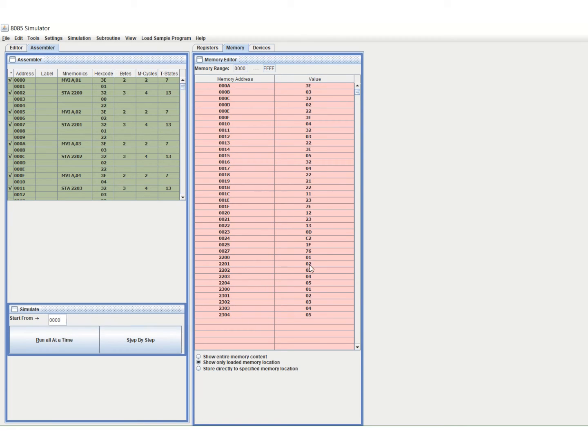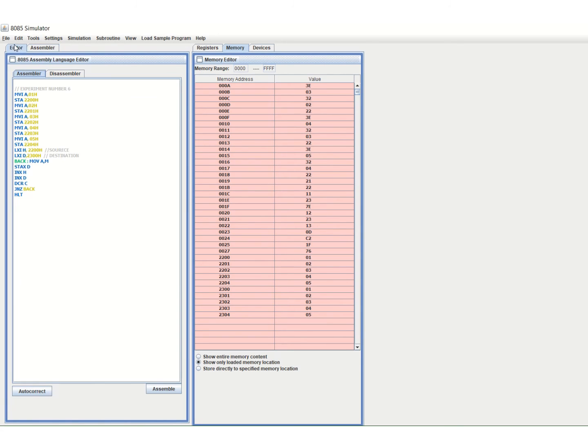You can see here, this is the source memory location and these are the destination memory locations. It started from 2200 and went up to 2204. The data has now arrived at 2300, and the last data is at 2304. So it is in the same order, 1 2 3 4 5, again 1 2 3 4 5. Now what we have to do is get the 5 first at 2300, so it should be 5 4 3 2 1. Okay, so we will go here and make some changes.